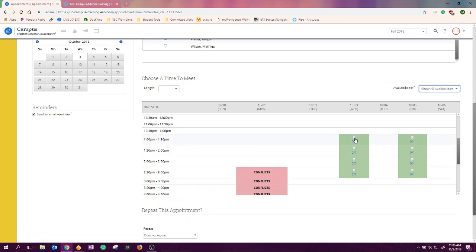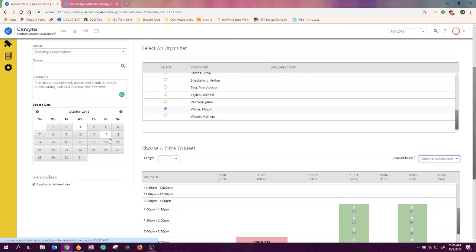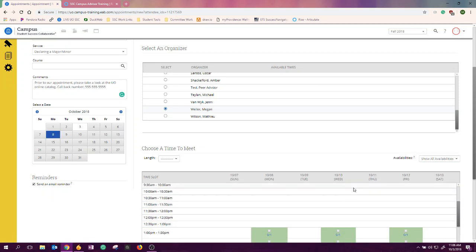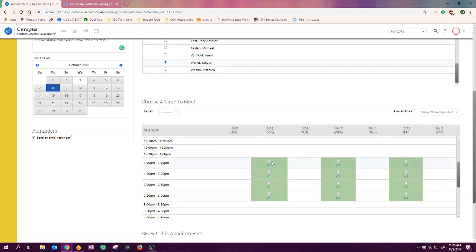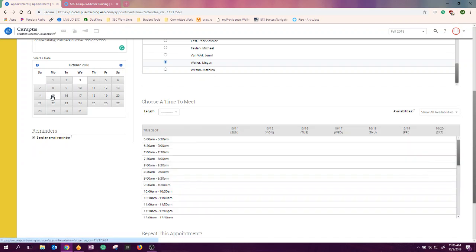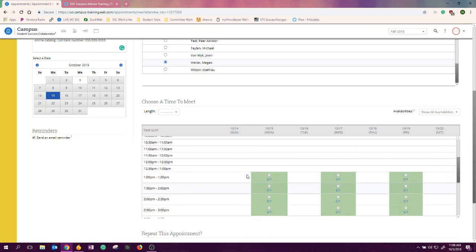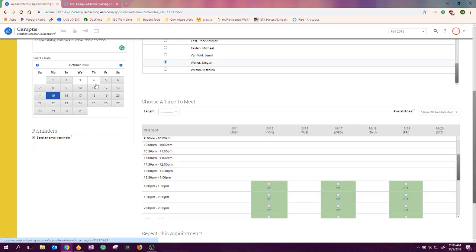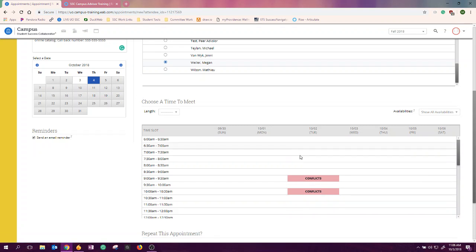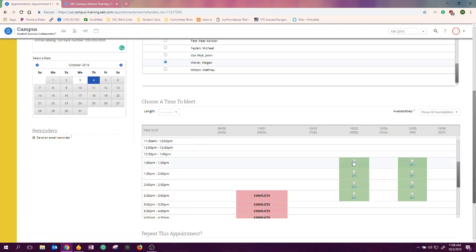So I'm going to set up an appointment for 1 to 1:30 on Wednesday, the 3rd of October. If you needed to look at a different week, you can click any day of the week that you're looking at. It will pull the entire week up here. And you can see this one has Monday, Wednesday, and Friday. It didn't show the Monday times on the last week because Monday had already taken place. And depending on how far out you're comfortable with scheduling, you can decide with that student when you want to meet. So let's go ahead and we'll do it for this week,